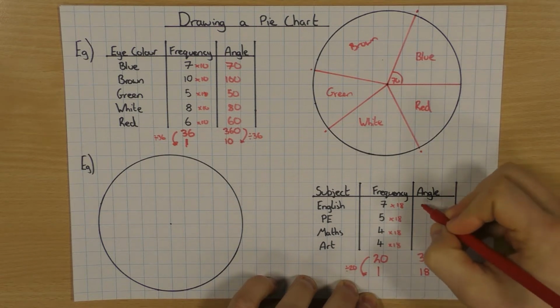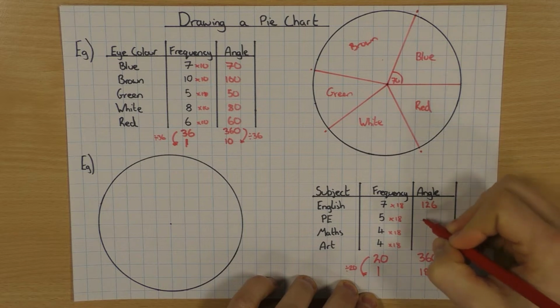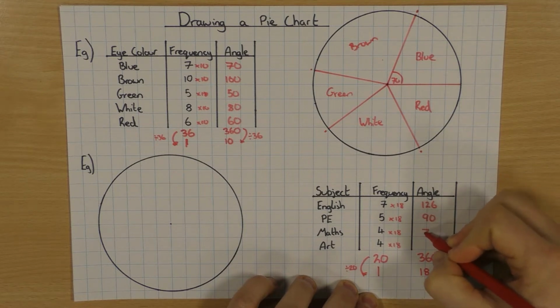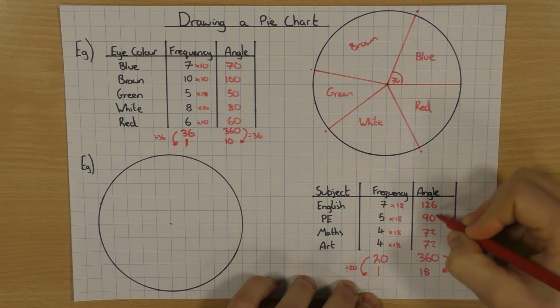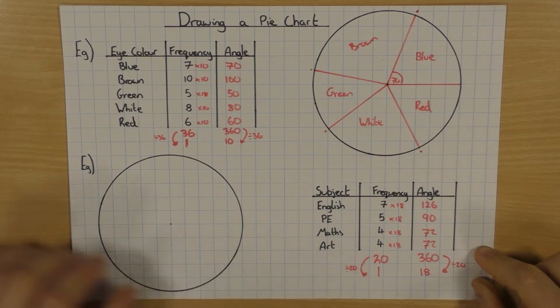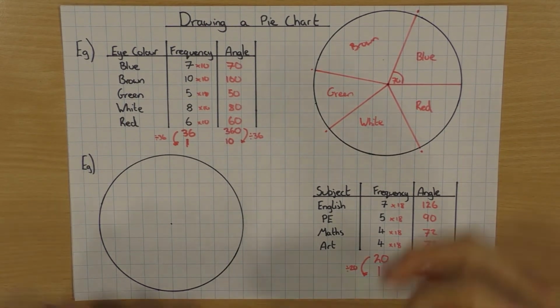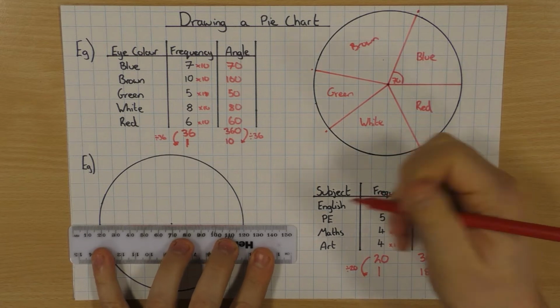So 7 18s is 126, 5 18s is 90, 4 18s is 72, and 72. And again, add them all up to check they equal 360. I've already done that earlier, so yeah, we're in business. Exactly the same thing. From the centre,